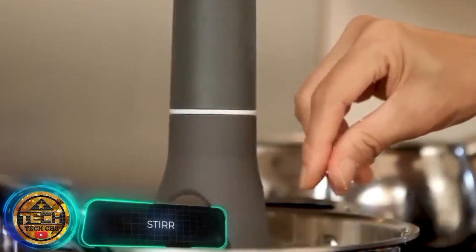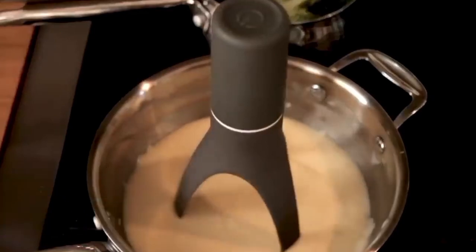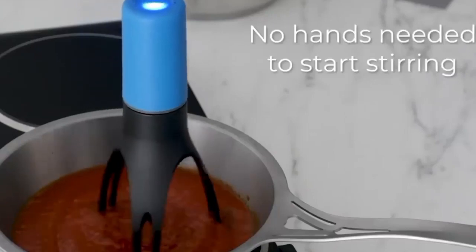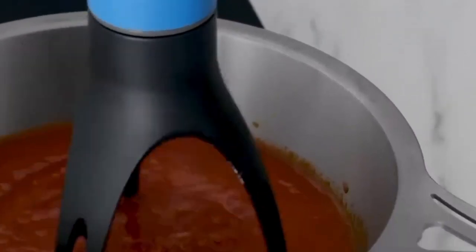This amazing piece of engineering comes from the United Kingdom. Its manufacturers are specialists in innovative kitchen devices, and they offer a gadget to simplify the preparation of soups, sauces, porridge, and other culinary masterpieces. All you need to do is turn on the gadget, and it'll start moving around in a pot or pan,